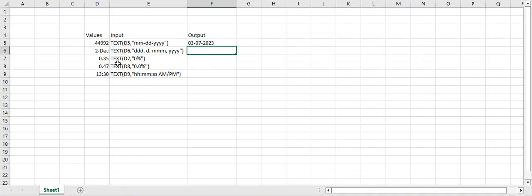In the second example, we want to see this date in a specific format which is shown in this cell. I want to see this date in this format. Let's see how it works. Text of